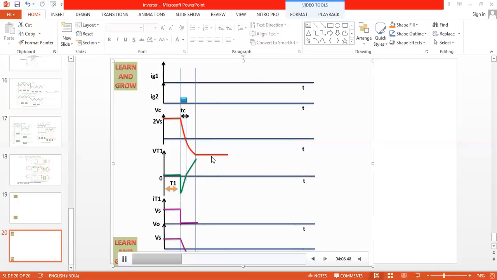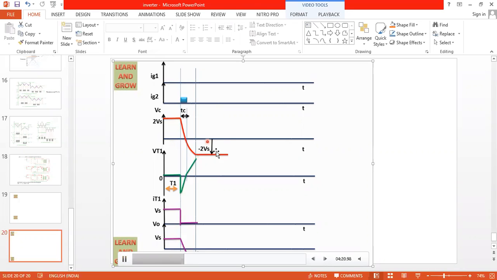Okay. So I explain this one once again. In case 1, Ig1 is turned on in mode 1. In mode 2 we turn on the T2. When T2 is on, the capacitor starts to discharge. In mode 3 the capacitor recharges with opposite polarity. It maintains the constant. Okay. Now we'll see what happens when our capacitor voltage is exactly equal to the output voltage.